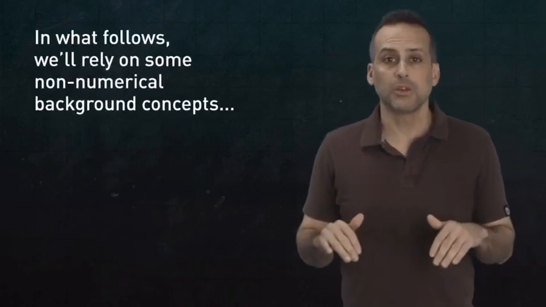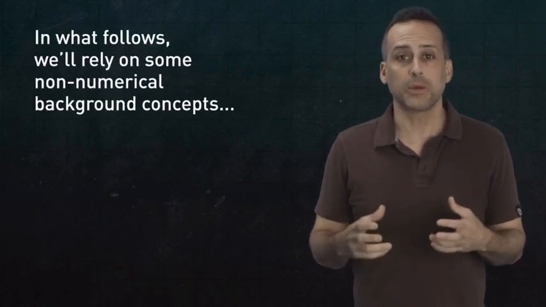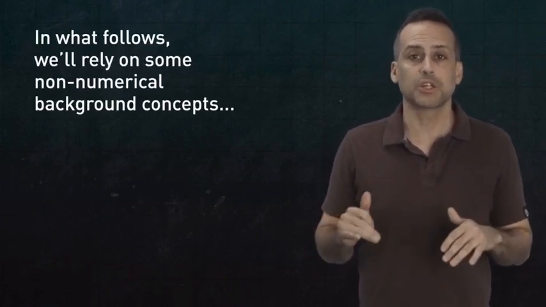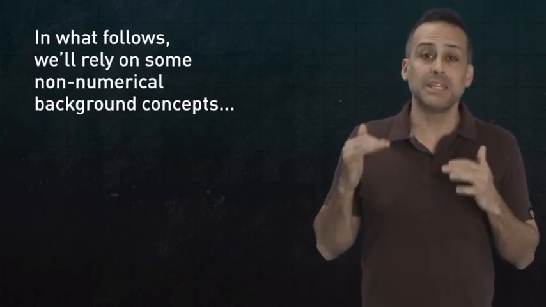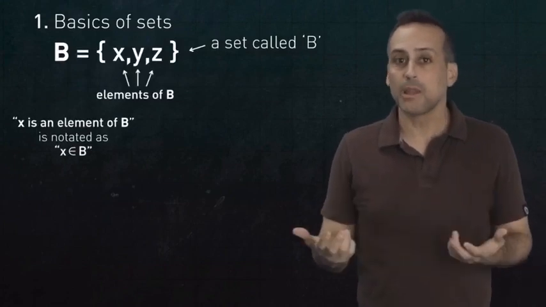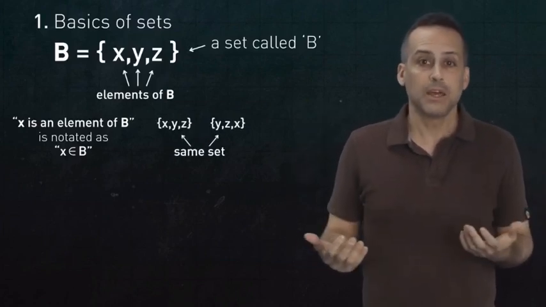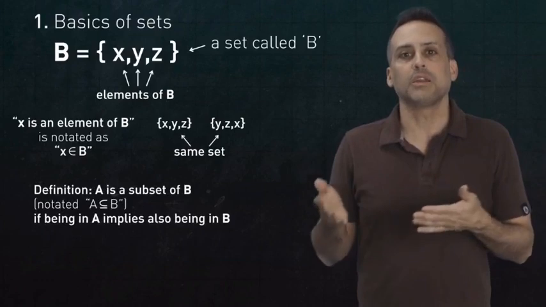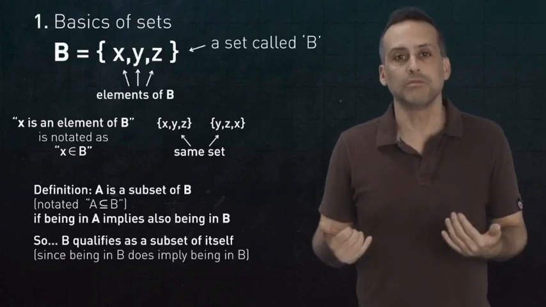First, some preliminaries. To make this somewhat self-contained, I need to assume your familiarity with some basic logical infrastructure that is not specific to numbers. First of all, you should be familiar with some ideas surrounding sets, namely that the members of a set are called elements, that two sets with an identical roster of elements are really the same set, and with the idea of a subset of a set, in particular, the fact that every set is a subset of itself.